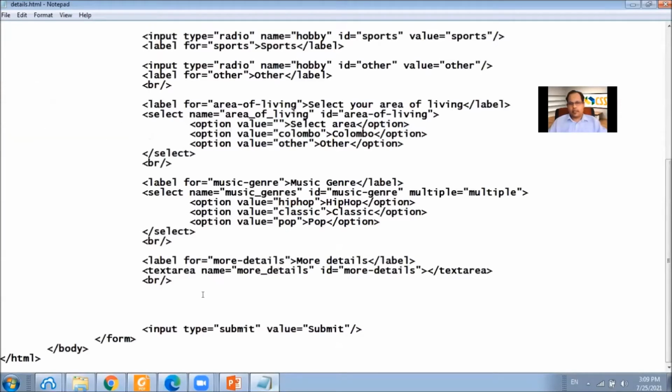Let's introduce another element to reset this form. Sometimes users need to reset the form without deleting individual input elements. We can easily accomplish this task by introducing a reset type input.